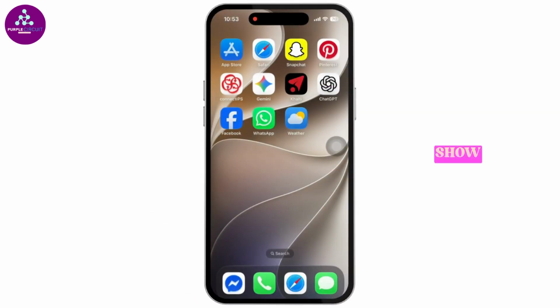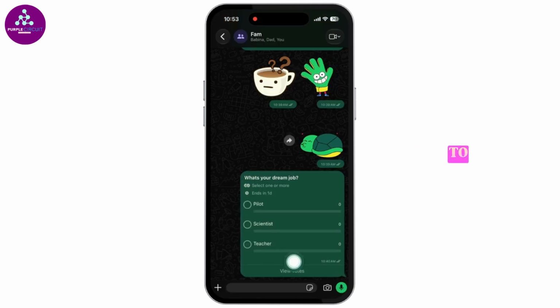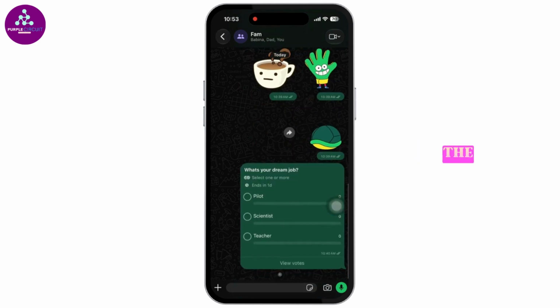In this guide, I'm going to show you guys how to edit a WhatsApp poll after creating it. Let's get started. First, launch your WhatsApp and navigate to the conversation where you want to edit the poll. The new poll editing feature makes it much easier to fix typing mistakes or improve the wording of your poll